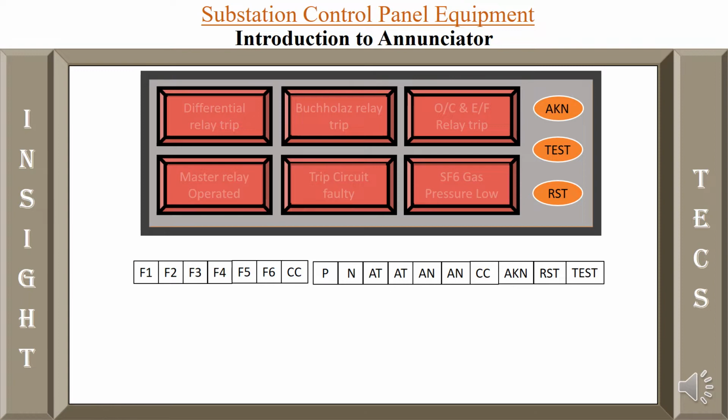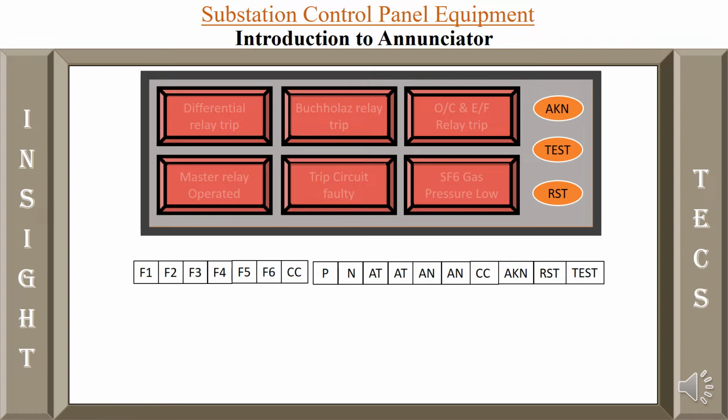So on an annunciator, you can get faults from the line, faults from the transformer if it is a transformer panel, or faults on the circuit breaker, whatever line it is protecting, the circuit breaker of that line or the circuit breaker of the transformer. So basically an annunciator is a platform where the type of fault which has occurred on the protective equipment is indicated.